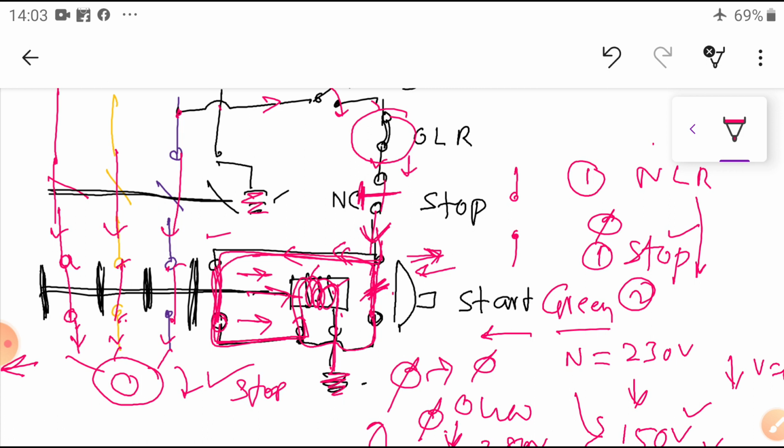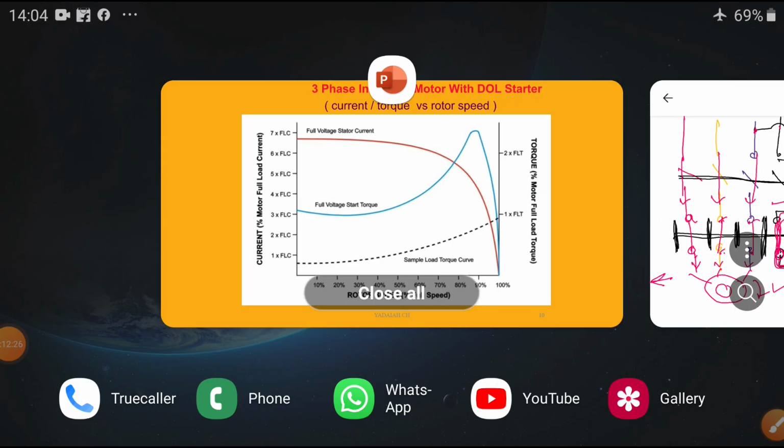Concept is this one. Okay, so dear students, this is the mechanism that takes place inside a DOL starter. In the DOL starter, you have observed the overload release coil and the no load release coil. Similar to the 3-point starter also, same thing. Overload release coil and no load release coil, we used the two coils in the 3-point starter. Similar operation takes place inside our DOL starter. Okay, so now I think the time is more, so we will enter our topic.